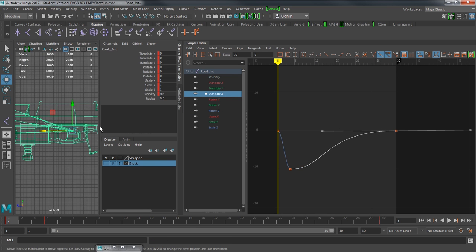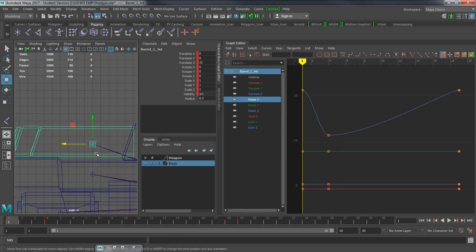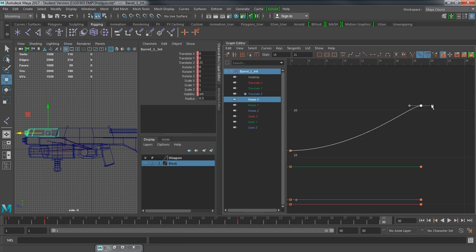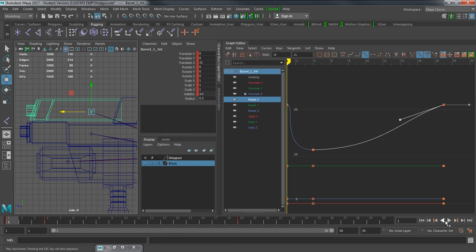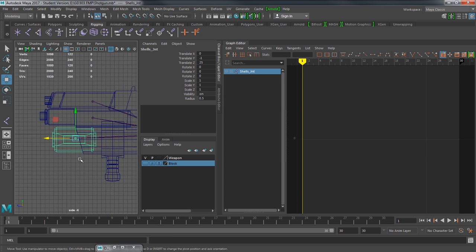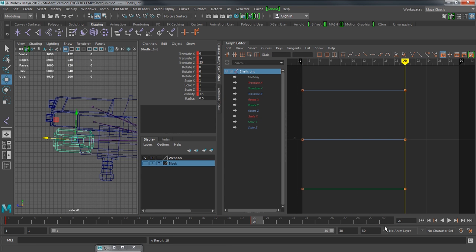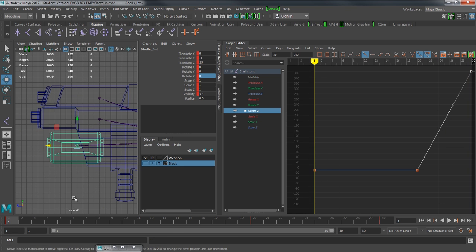I'm using the graph editor here to adjust the animation curves to make it appear more mechanical, and then I can bake this animation to get the complete effect. Once that's done, I can export the rig and the animation joints into Unreal, as that's the system that Unreal will be using in order to understand the object.